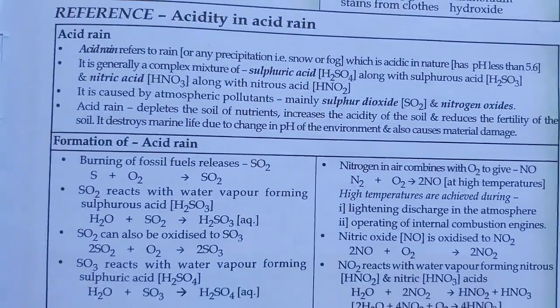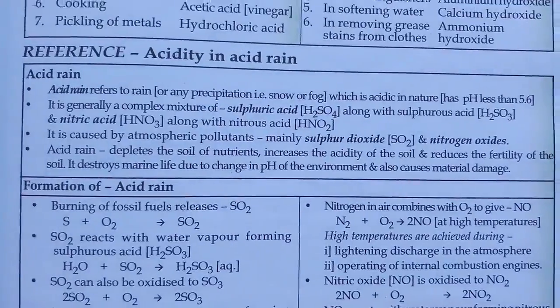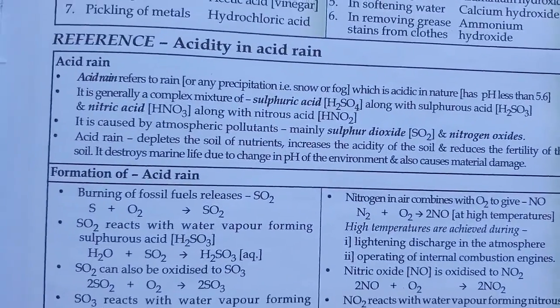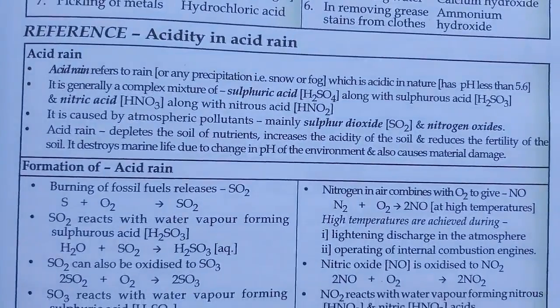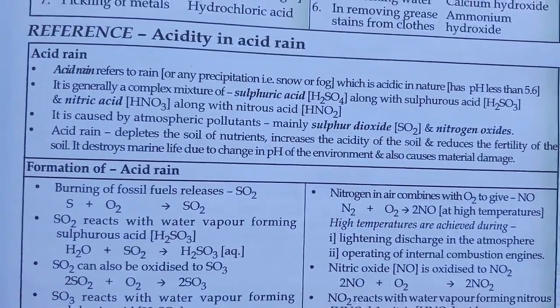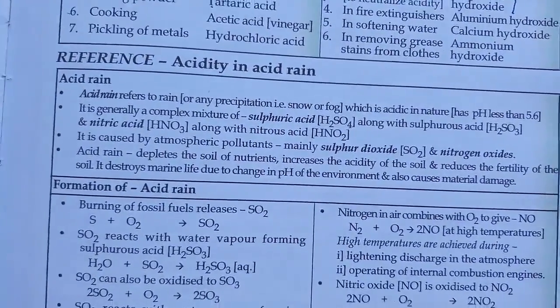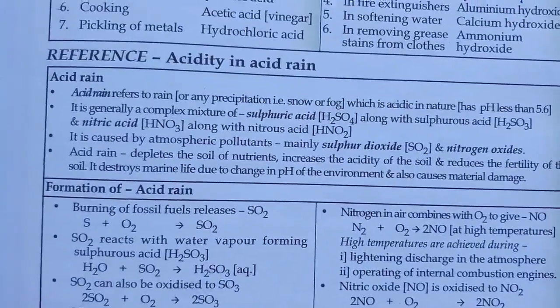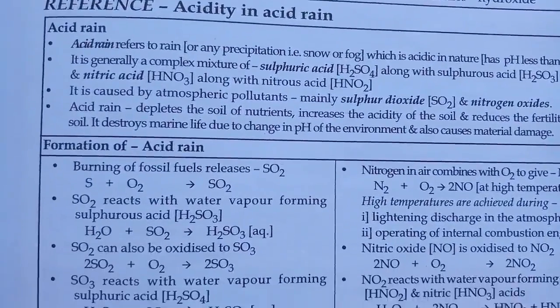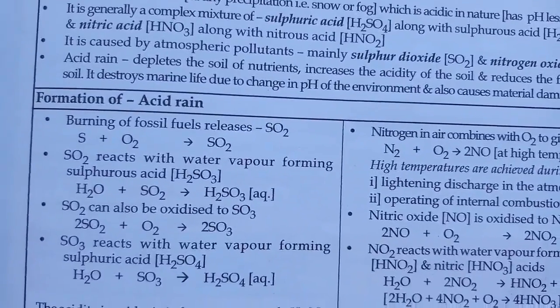When the rain comes, the water reacts with those compounds. Sometimes the smoke contains CO2, SO2, NO2, NO, SO4. These compounds react with the H2O in the rain and turn into acid. Right? They are given in one chemical reaction.